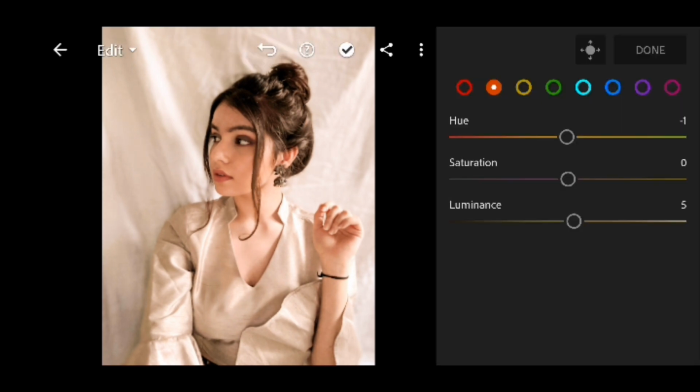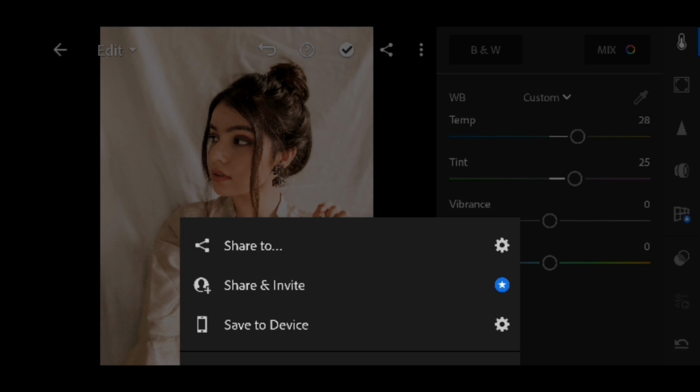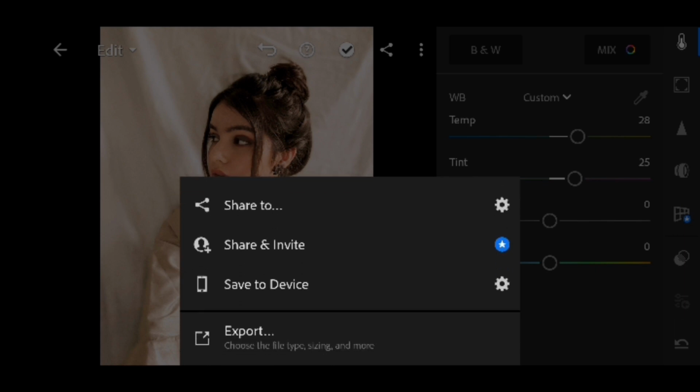Just a little bit of luminance, nothing else. And now you can see the before and after picture. Now we are going to export this into our device. So click here and click on save to device.